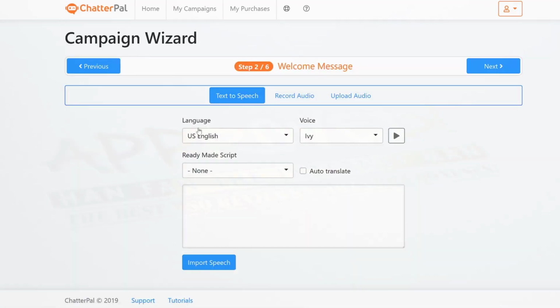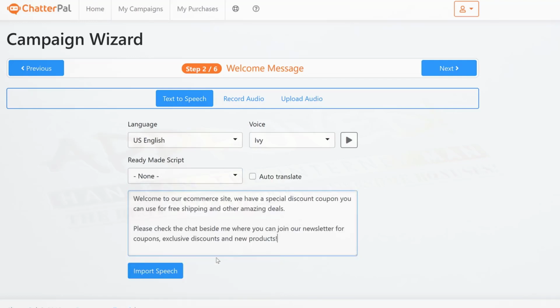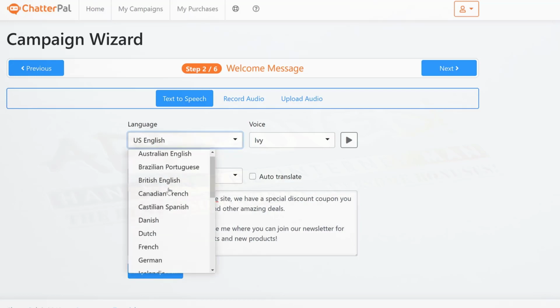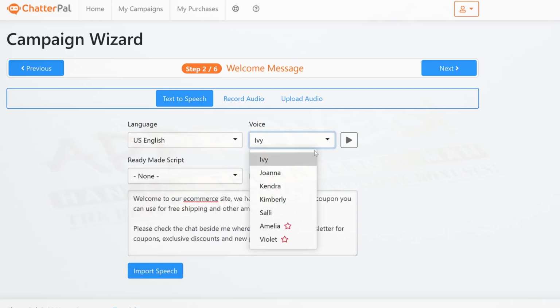And then after that, we can just go to language and choose a script and then a voice. You can use any of the ready-made scripts that you have down here, or for that matter, you can paste anything of your choice or type anything that you want, to have customization. You can start choosing the voice. We have, as you can see, a lot of different languages and different voices in male and female as well. So that is another option.